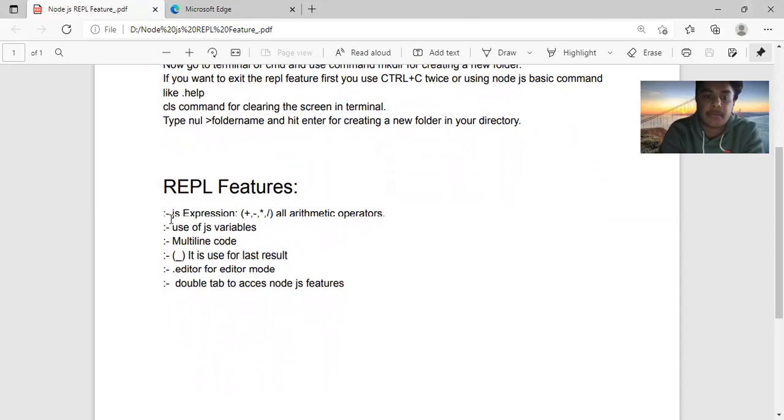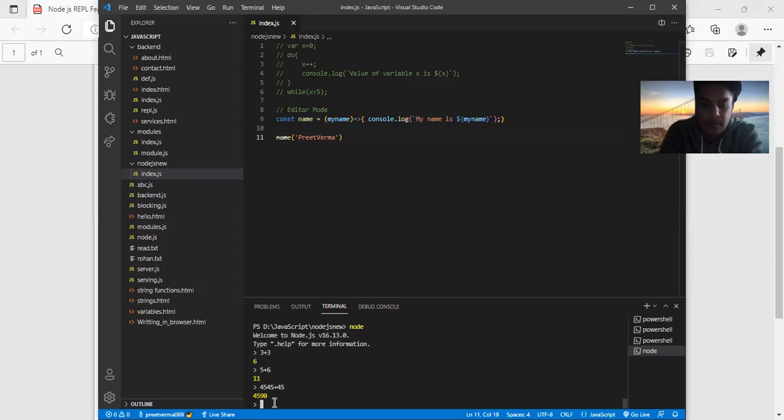In the REPL feature, JS expressions, which means plus, minus, multiply, division, are arithmetic expressions. If we use arithmetic operations like 9 plus 3, we get 12. Then 9 divided by 3 is 3. Now a more complicated evaluation: 34 plus 48 bracket 23 multiplied by 34 equals to